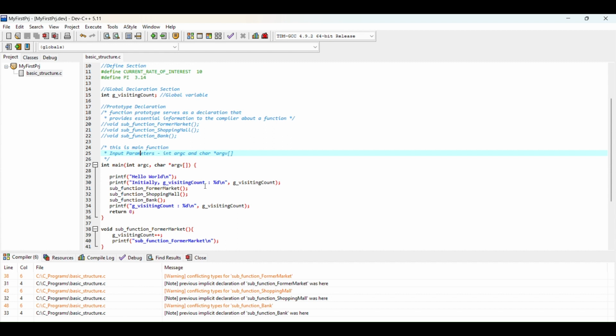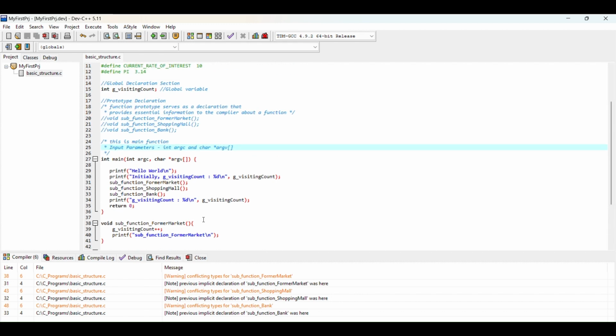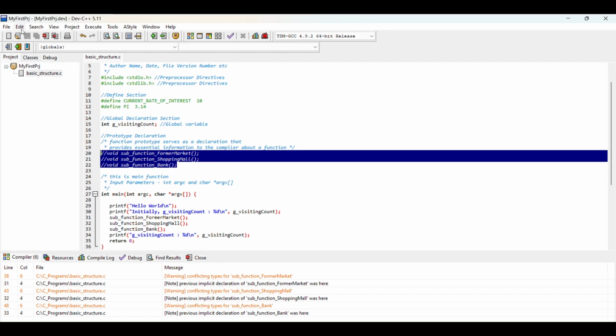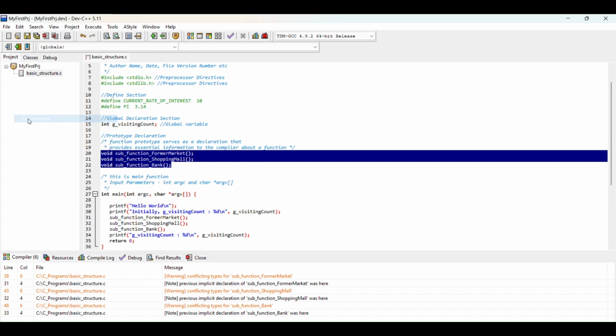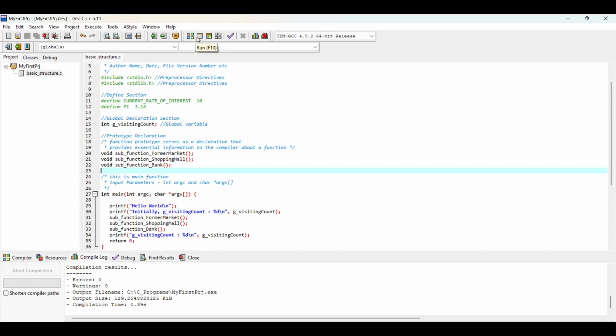Because the compiler is not able to recognize what these are. So the fix would be just declaring the prototypes by uncommenting these lines. Let me uncomment. Good. Save the changes, compile it